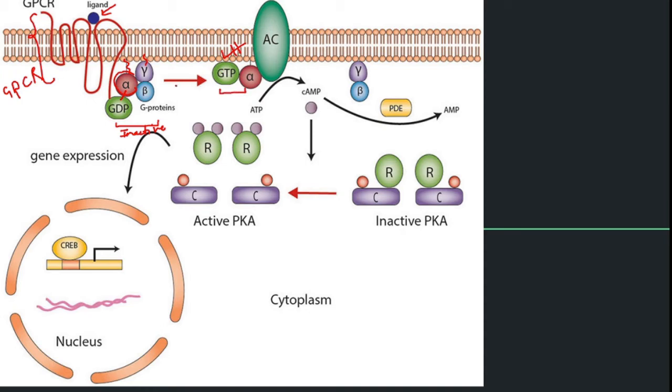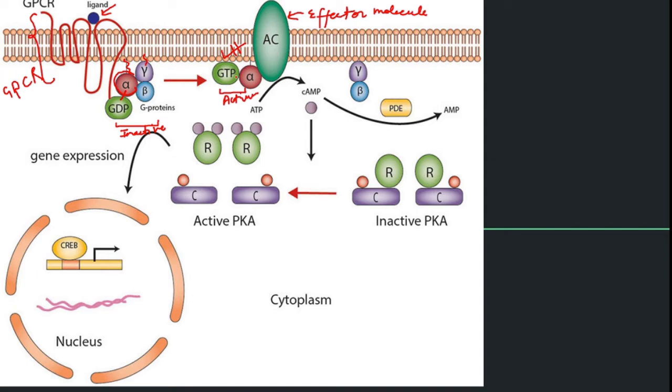Now this dissociates after binding with GTP. It's active and it dissociates from the gamma and beta subunits, and then it goes on further to activate another effector molecule. The molecule with which the G protein directly interacts is known as an effector molecule or effector protein. So this is an effector molecule known as AC or adenylyl cyclase. It is a membrane bound enzyme. It has a transmembrane portion and some cytosolic portion.